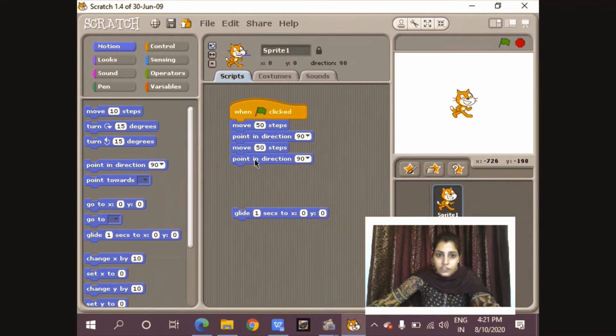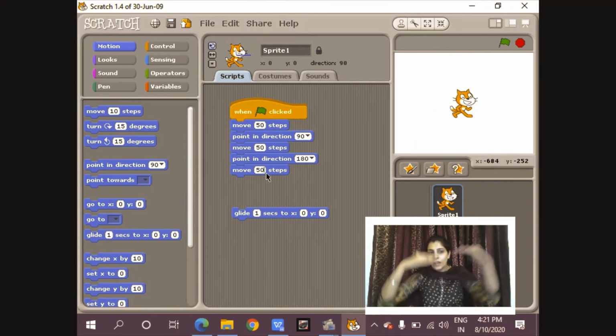Now see what I want, I want it to point downwards, so I will provide 180, right? Now moving downwards, again move 50 steps.